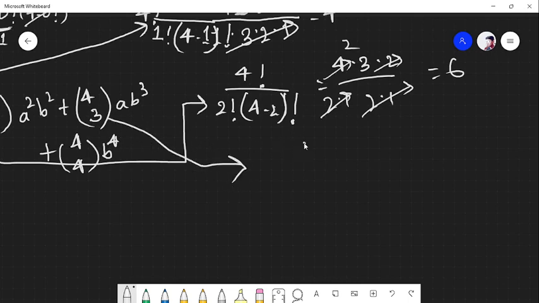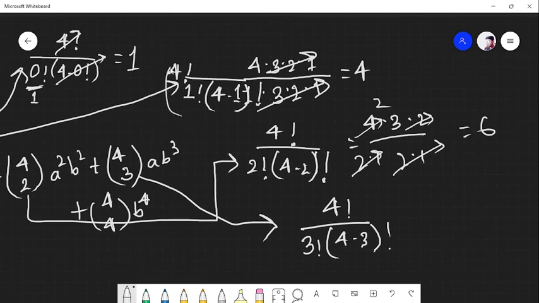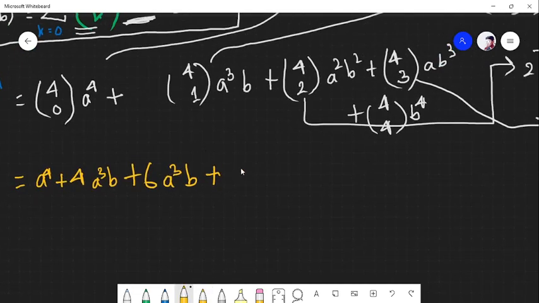Well, it means 4 factorial over 3 factorial into 4 minus 3 factorial. Well, it's just the same as this one, right? This one is 4 factorial over 1 factorial into 3 factorial, and this is also 4 factorial over 1 factorial into 3 factorial. So these are the same, so this will also result in 4 similarly. So this is also 4 a b cubed plus,